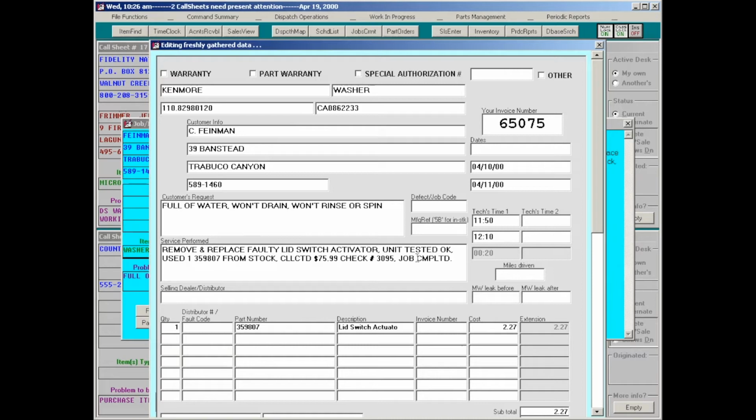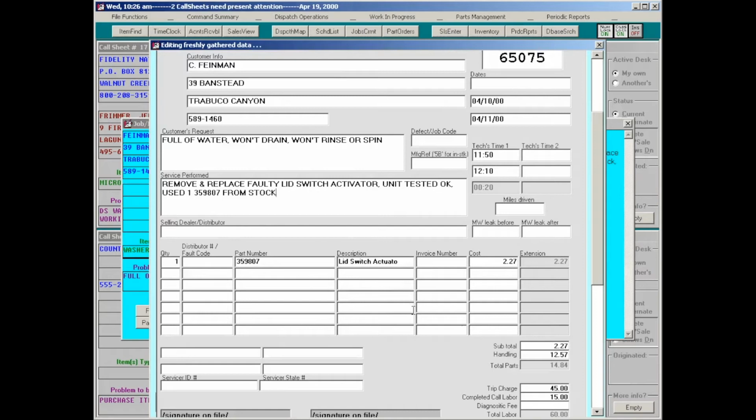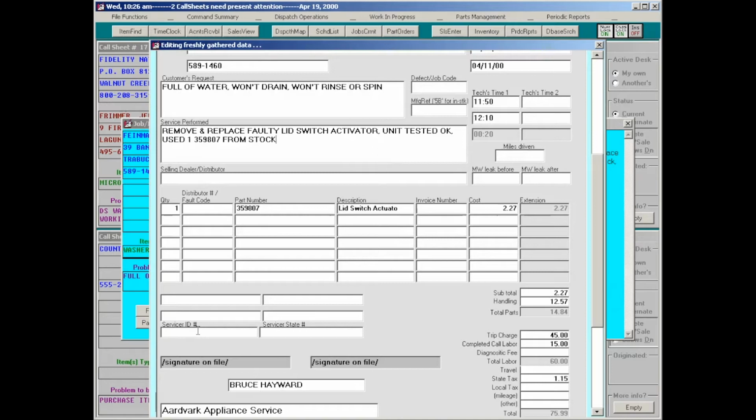I might want to do a little bit of editing here, particularly in the service performed box, because the system tried to go through the job's history to pull the relevant history. For example, we wouldn't need to have that in there, so I could just delete that. It's listed the part that we used. It found that in the information. It would have filled in this item and this item for me if, in fact, for the high volume client involved, I had those numbers filled into the quick entry template,